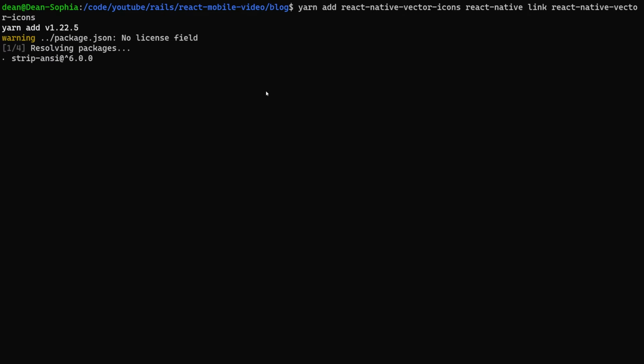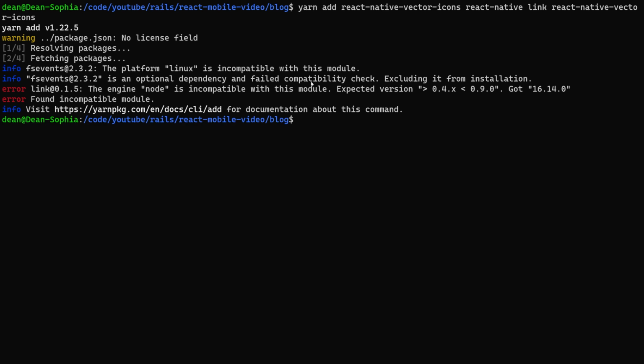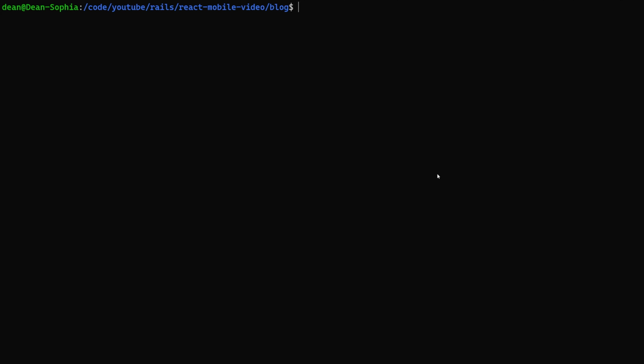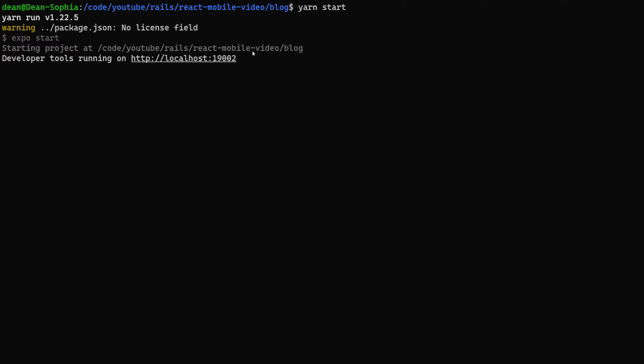react-native-vector-icons. Now, this is just coming straight off of the React Native Paper documentation, but I think one of these is going to error out here. It's the link one, and we can just ignore that for now. At this point, we can run a sanity check, so we'll just run a yarn start to make sure that